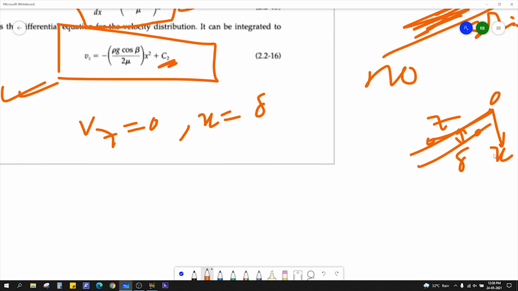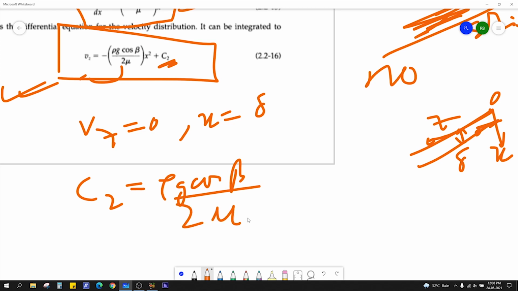Let's say it is delta. So at x equal to delta, the Vz is 0. So you just put it in, and for C2 you will get what? Just put x equal to delta square, right? So for C you will get, just move it to this side, rho z cos beta over 2 mu delta square, right? So C2, if you put this value here and simplify it again,